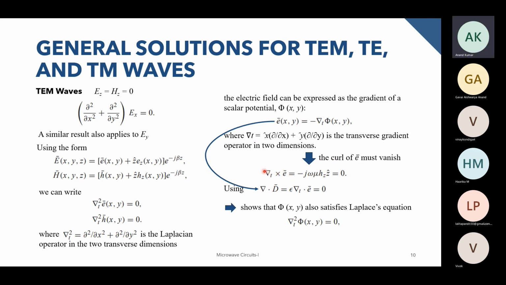using our previous knowledge, we know the curl of the electric field. So if you substitute this particular expression over here, we know this from the previous slides, it turns out that this particular thing is zero. This is an observation. And now what we do is we substitute the electric field term. We know that the displacement field can be expressed as epsilon times the electric field. And now if you take the divergence of, sorry, curl of